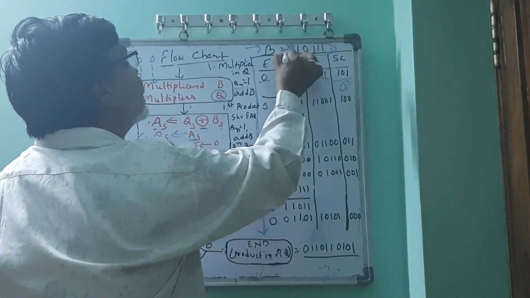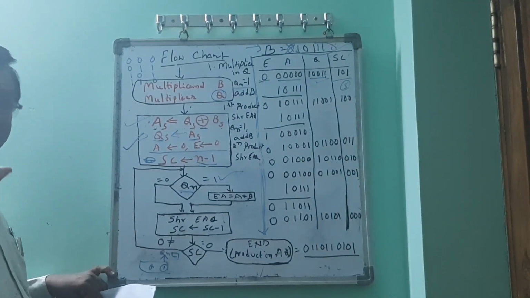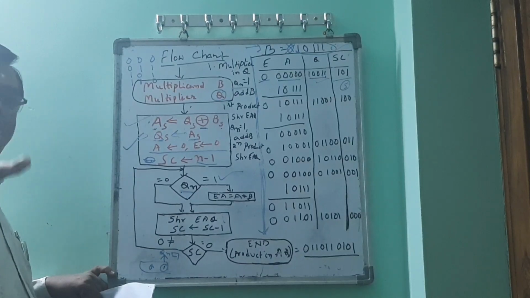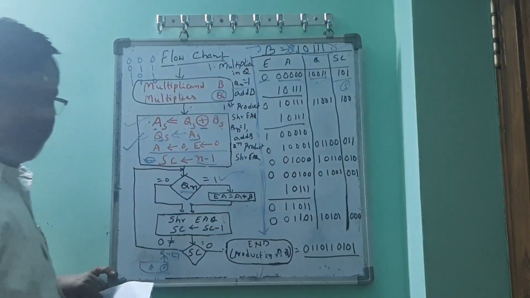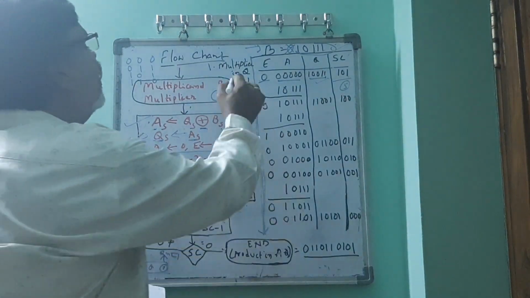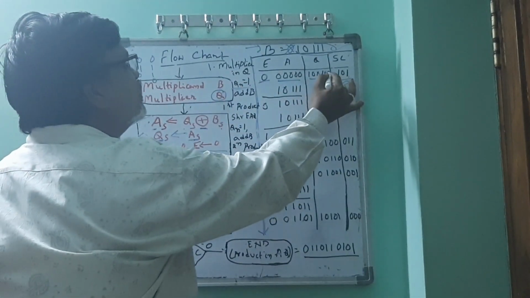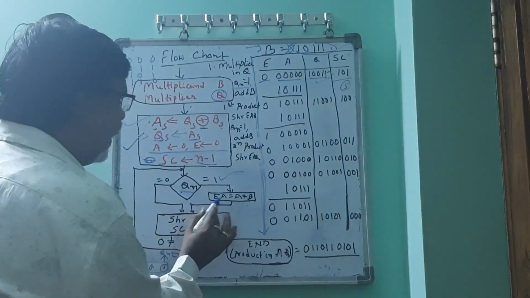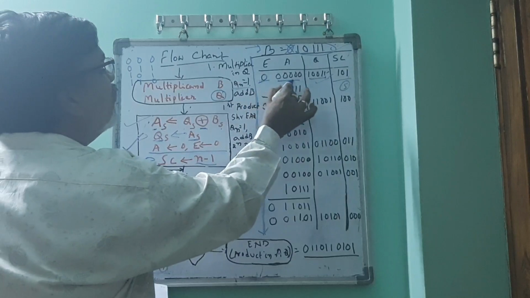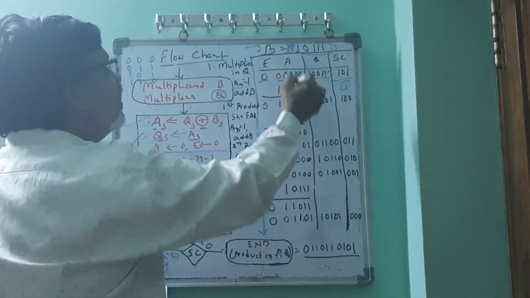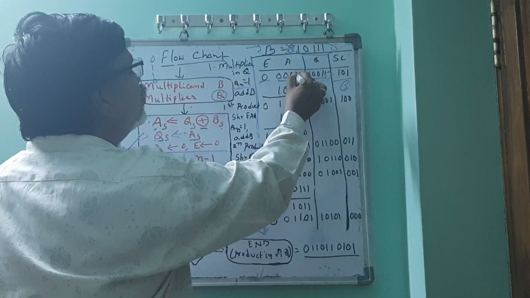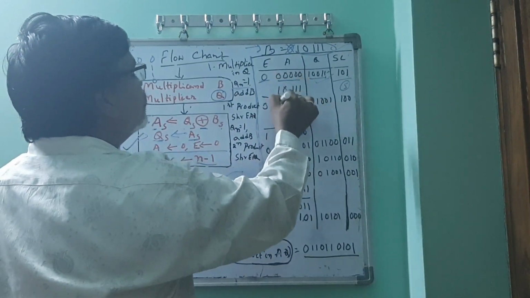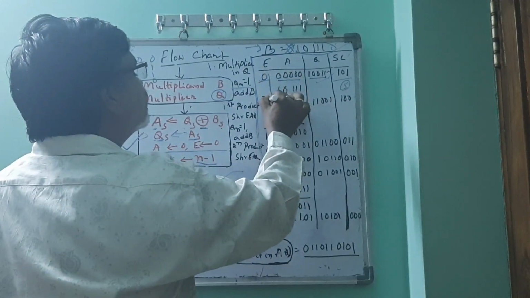So here for EA we are adding this 10111. Don't bother about the sign. Sign is not meant for the adding purpose. Sign is meant only to check whether it is a negative or a positive value. Don't consider the sign in the addition operation. So if Qn is equal to 1, yes it is 1, we are going to add B to EA. Initially E will be 0, A will be 0, so all zeros we are adding. Then 0 plus 1 is 1, 0 plus 1 is 1, 0 plus 1 is 1, 0 plus 0 is 0, 0 plus 1 is 1, and 0 is copied.